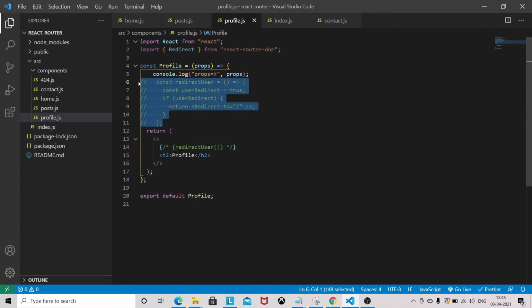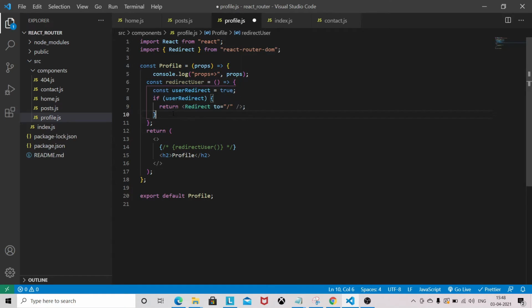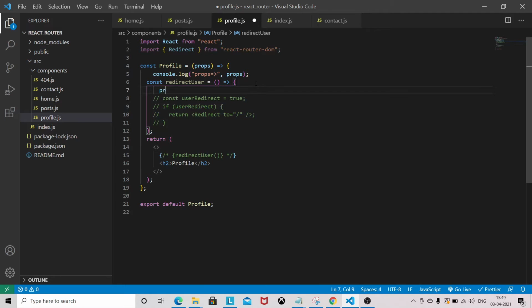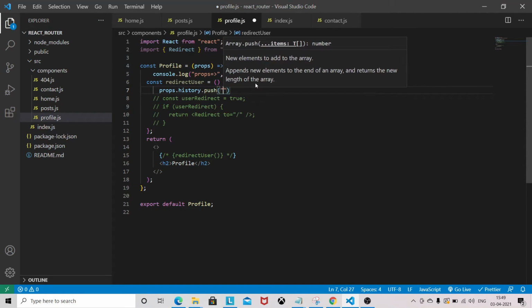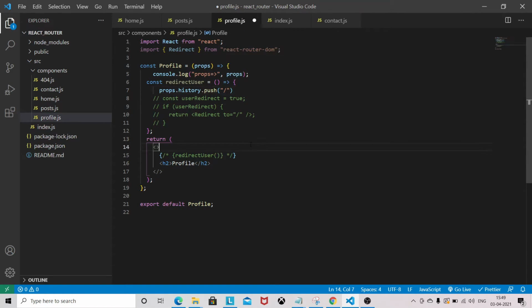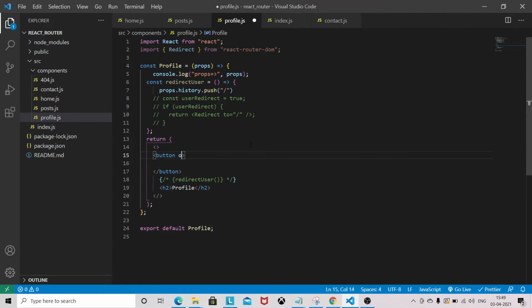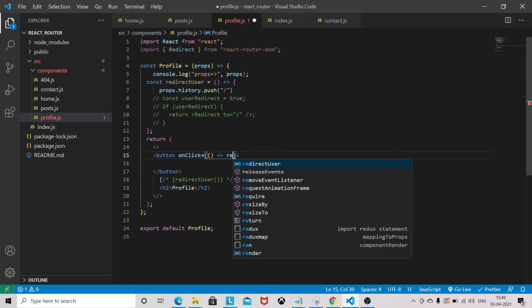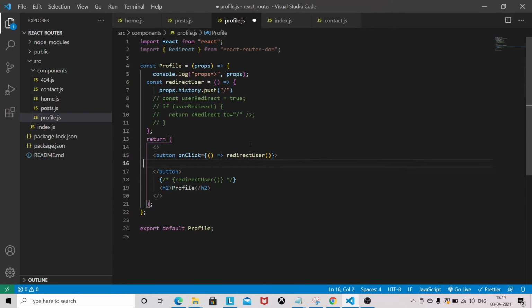I will uncomment this one and comment this code, and you can do props.history. I will add one button here, with onClick redirect user, and I will give that button the name Redirect.